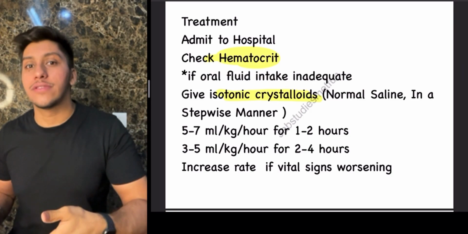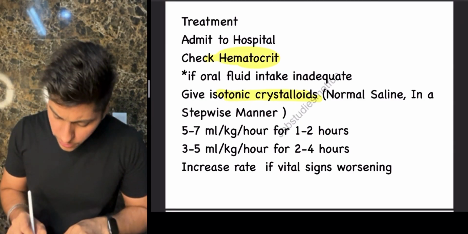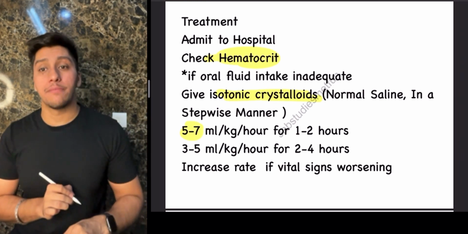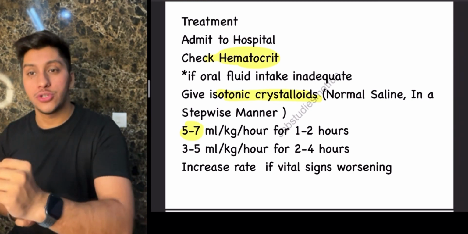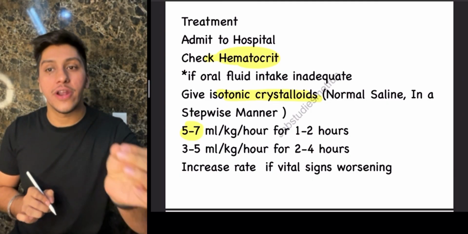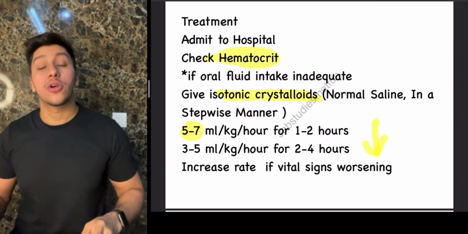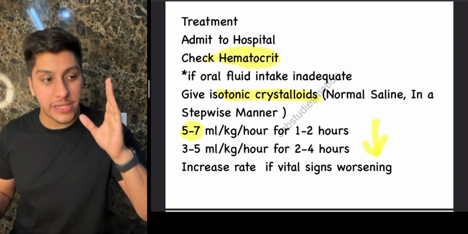And how do you have to give this? You have to give this in a stepwise manner. If you notice the stepwise manner, first I am giving 5 to 7 ml per kilogram per hour for the first 2 hours. Then I am tapering the dose to 3 to 5 ml per kilogram per hour over 2 to 4 hours. Now the reason why I am doing this is because IV fluids are not a seldom necessity